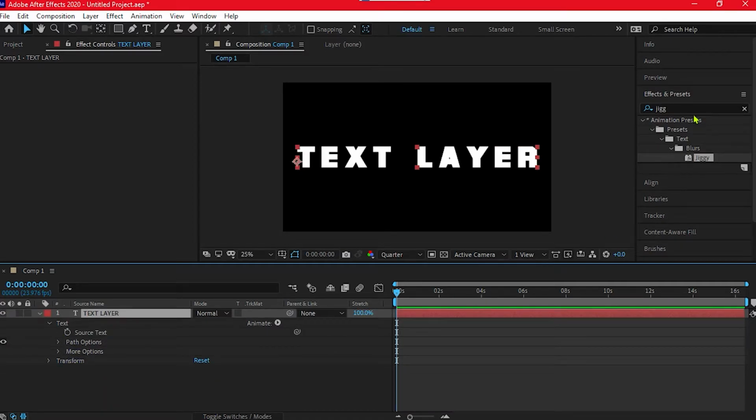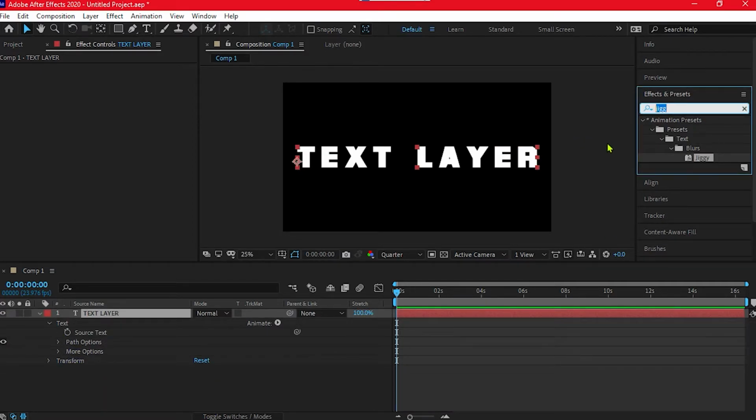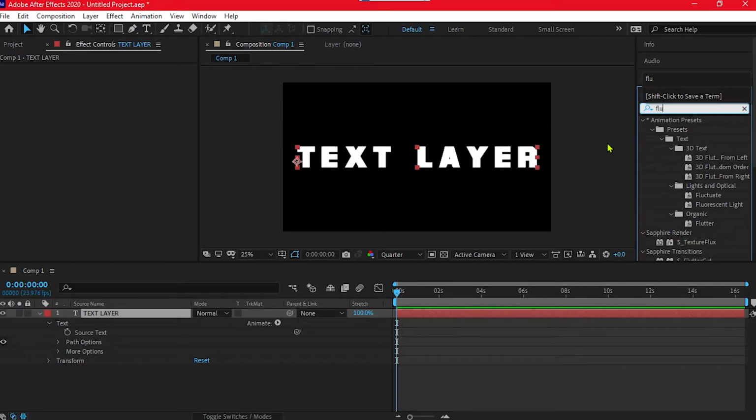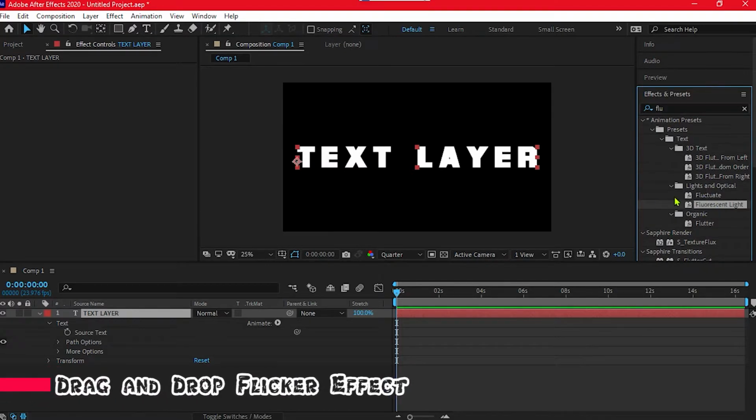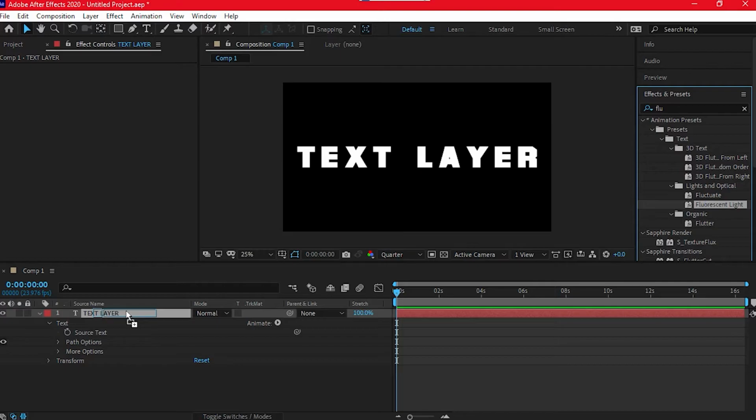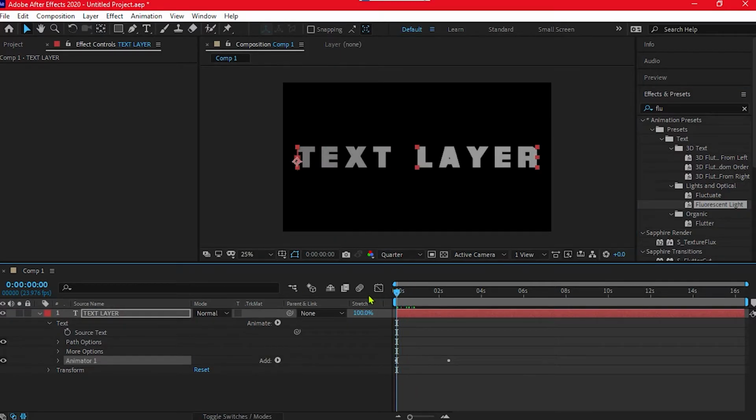The second effect is known as Fluorescent Light. Drag and drop it to the timeline like this. I don't see a reason to make changes in this effect, because it already looks pretty good. But let me help you understand a couple of things.